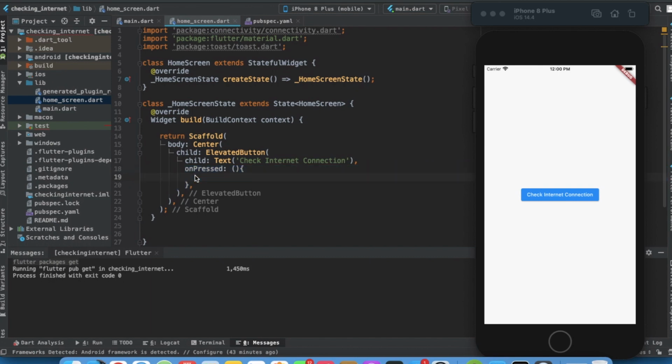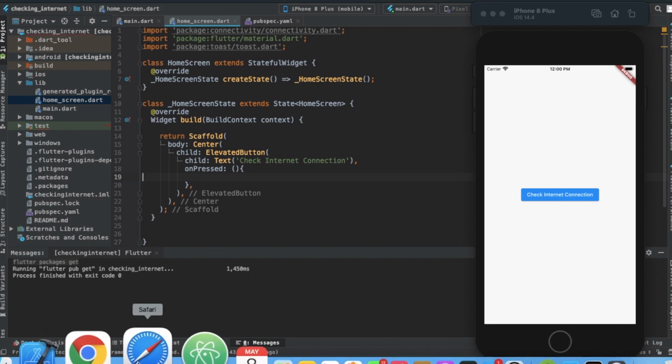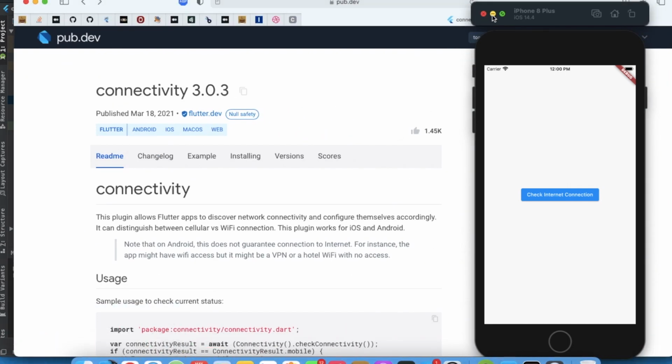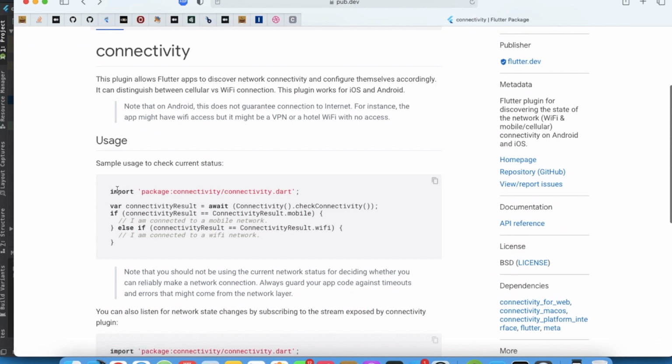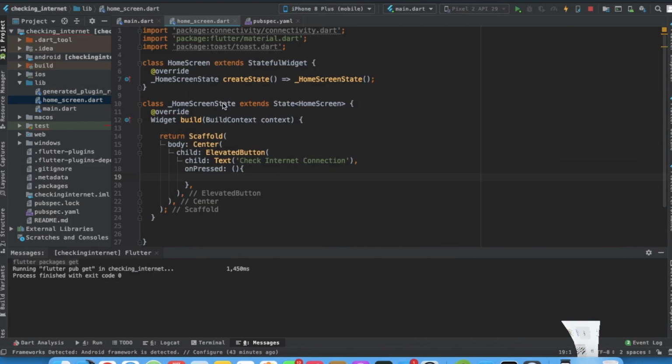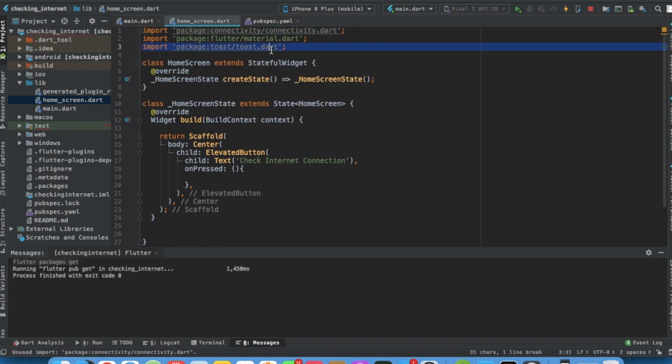Now let's get started with our connectivity check internet application. Coming back to pub.dev, they have mentioned how to use the connectivity package. First we have to import the connectivity package, and then we have to create this function. I have already imported the connectivity.dart package and toast.dart package.